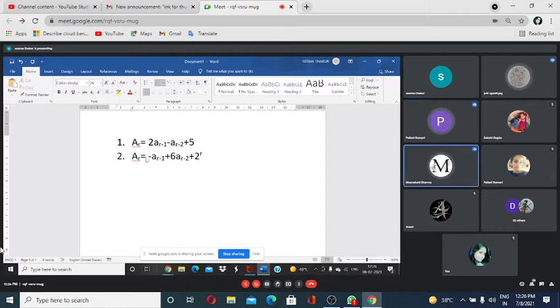Ma'am, second. Alpha square minus 2 alpha plus 1 is equal to 0. Obviously, if we have a second order equation, we will start from alpha square. So alpha square minus 2 alpha plus 1. As the 5 does not have the RA term, it will be discarded and we will have only the equal to 0. So your equation will be alpha square minus 2 alpha plus 1 is equal to 0.